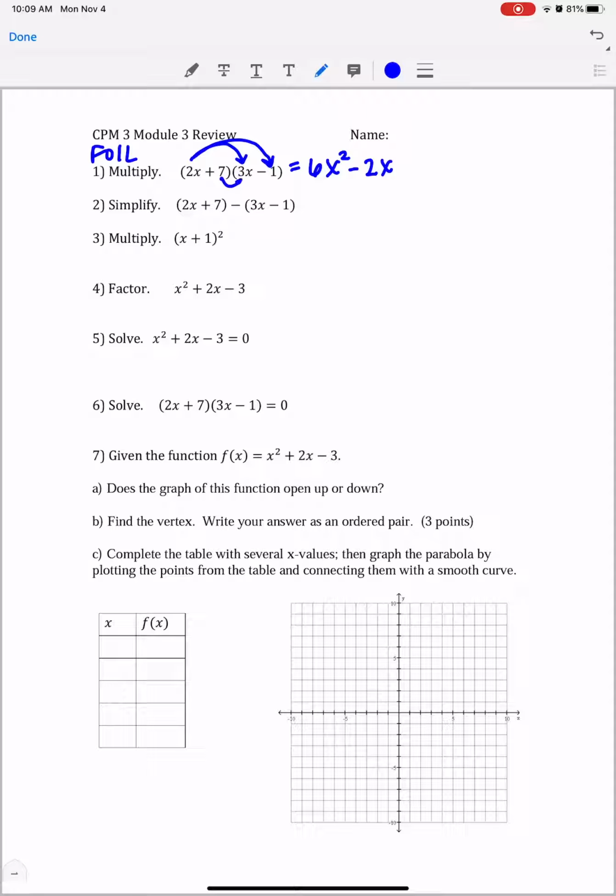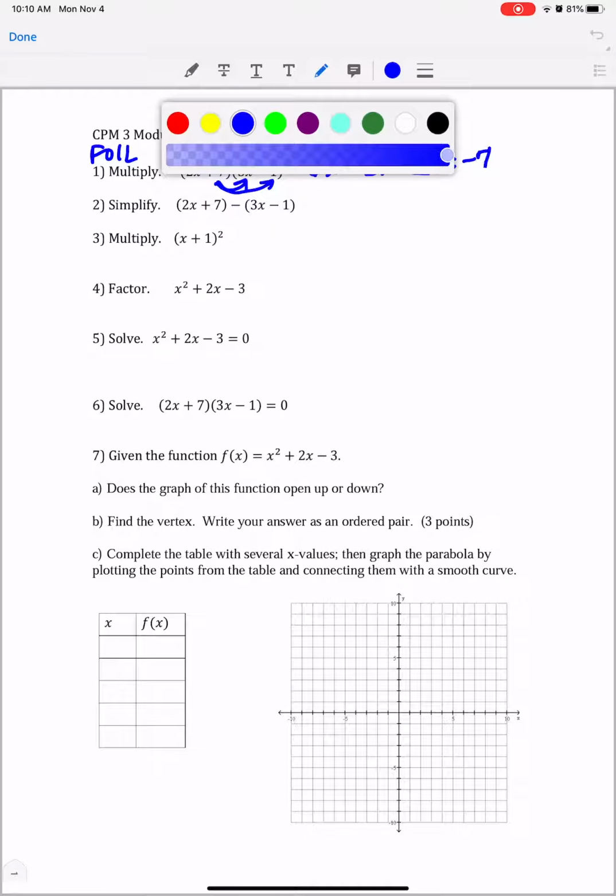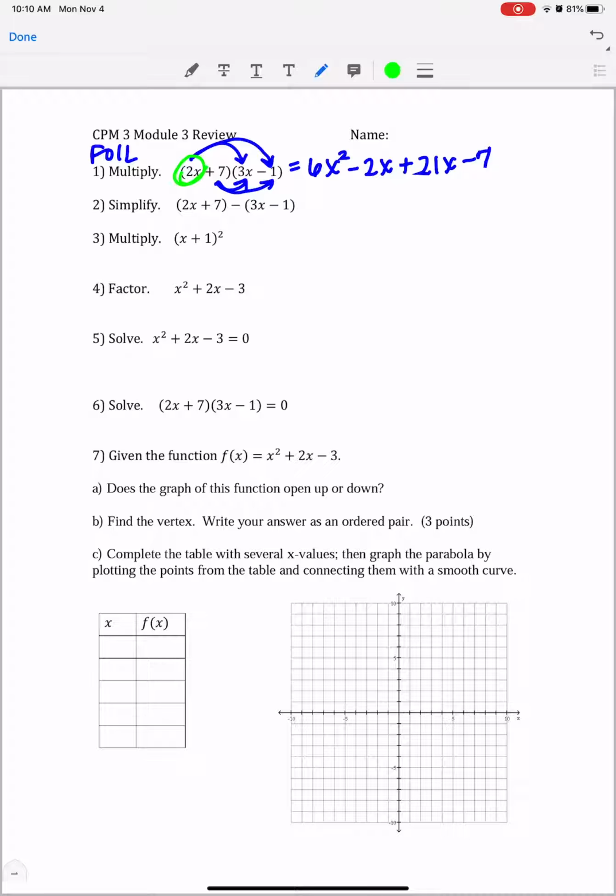Inner, 7 times 3x, which will be a positive 21x. And then your last, 7 times -1, which will be -7. If you notice over here, you're just taking that 2 and distributing it to both terms. Then you're taking that 7 and distributing it to both terms. You're just double distributing. And if you use FOIL correctly, these middle 2 terms here will be like terms, and